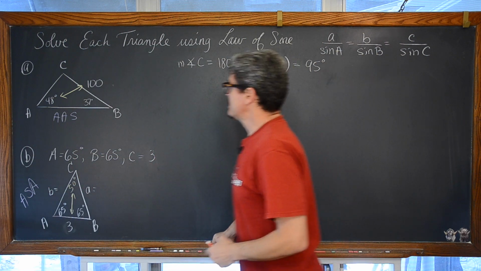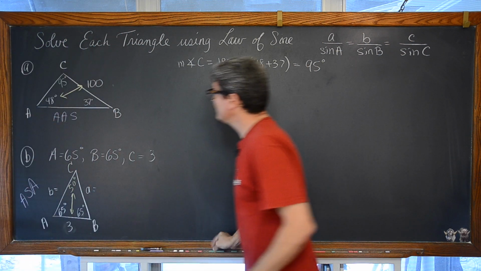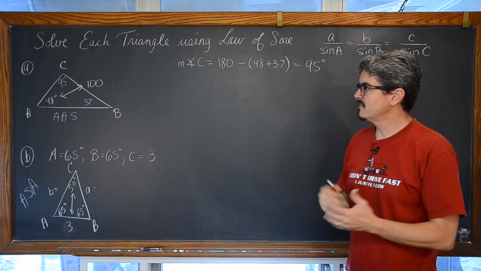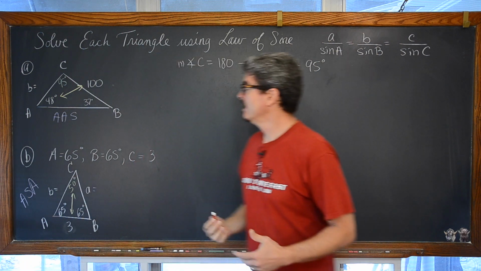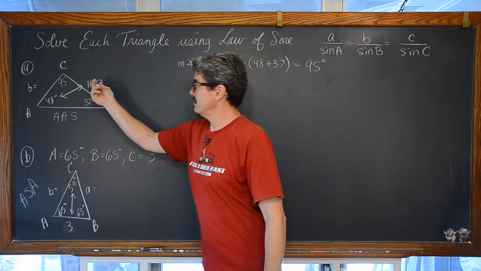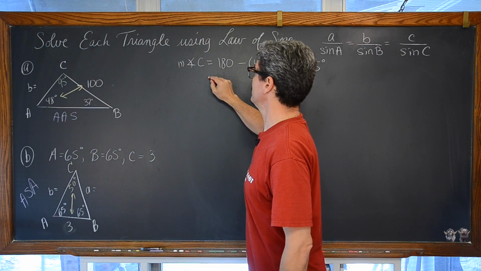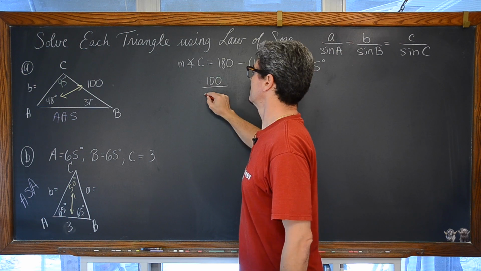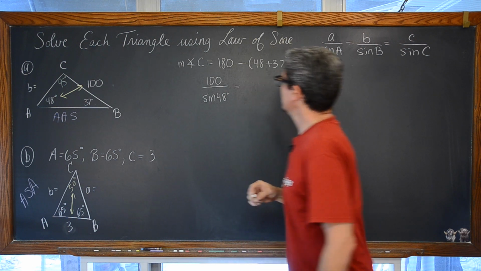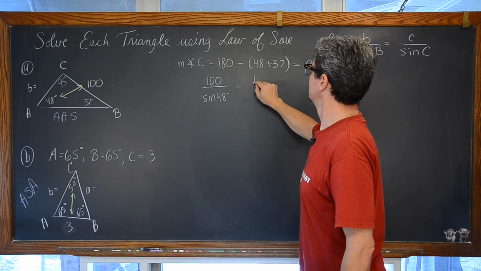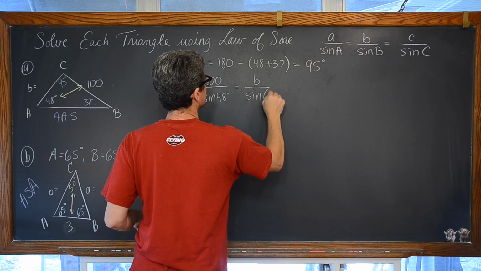Okay, and we'll put this in green to make it stand out. Hopefully it is on camera as well. Let's find the measurement of side B. Okay, so here's all you have to do. Take the given information, the measure of that side over the sine of 48 degrees. Make sure your calculator's in the correct mode. So we have 100 over the sine of 48 degrees is then equal to B over the sine of B. B is 37 degrees.